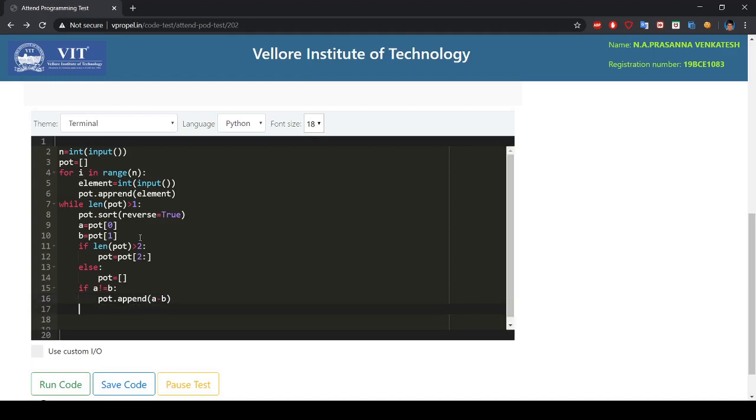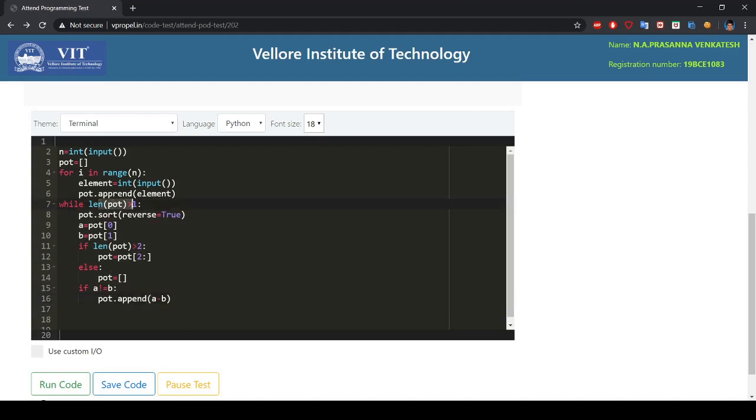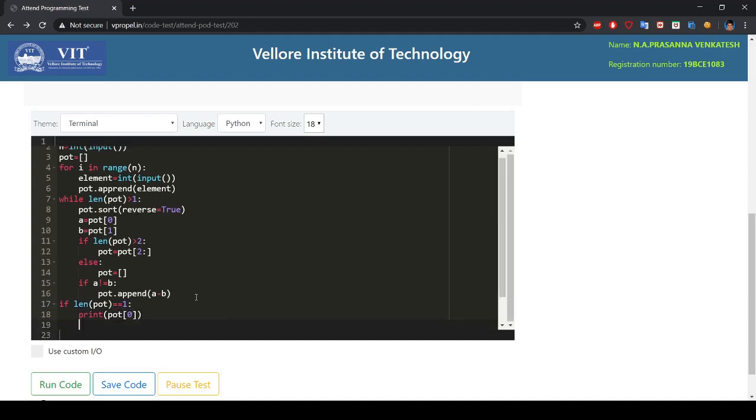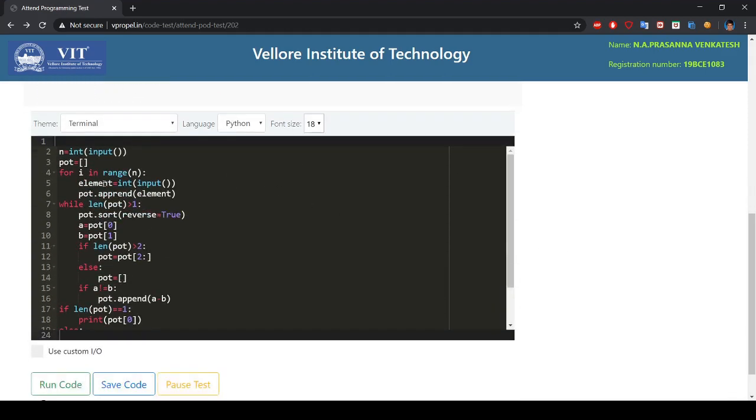After this, everything gets iterated while the number of potatoes is greater than 1. Then we come out of the loop, and if the length of the potatoes list is equal to 1, only one potato survives at the end, so we print potato of 0. If none survives, we print 0. I guess this code will work out.